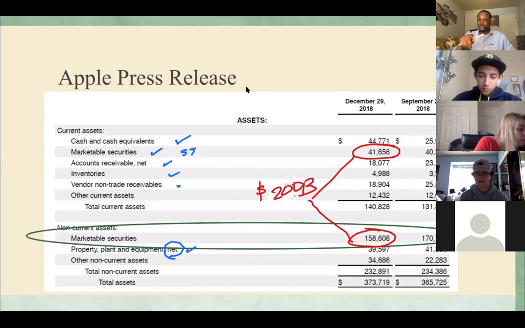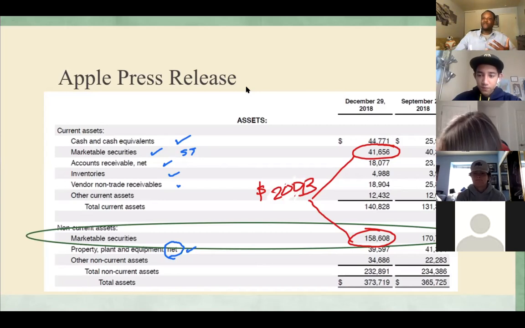Yes, so an extended period of time. In accounting, what's an extended period of time? More than a year. More than a year. So again, right, let's think about this. From a personal perspective, we're investing our money and we go, you know what though? I don't think I'm going to need this money for at least a year from now. So this is money I'm not planning to use until 2021, right? So that's when you start doing long-term investments.